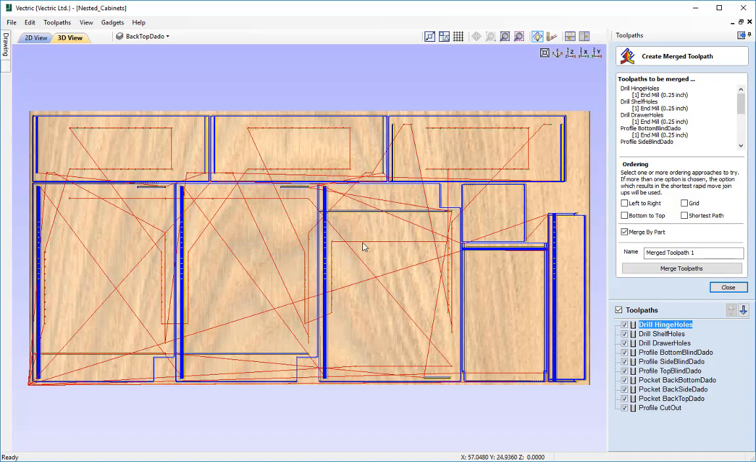If we didn't want to create them by part, we can actually still choose the ordering, and the software, depending on what options we choose, will carry out the toolpath in that particular method. So to begin with, I'm just going to show you what the software will come up with if we don't do them by part. So I'm just going to take off the option to merge by part,